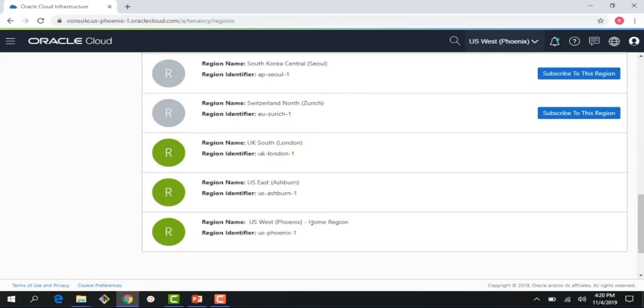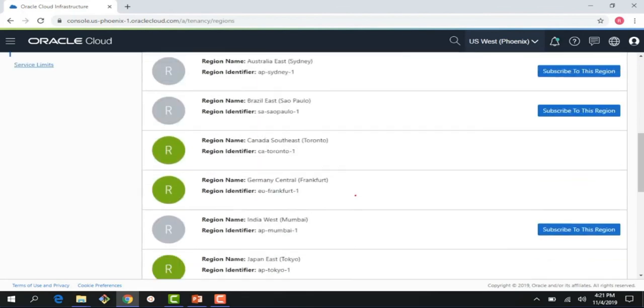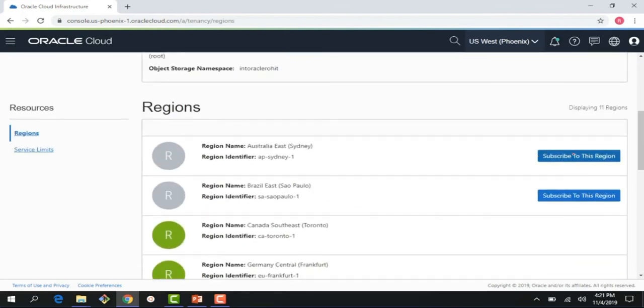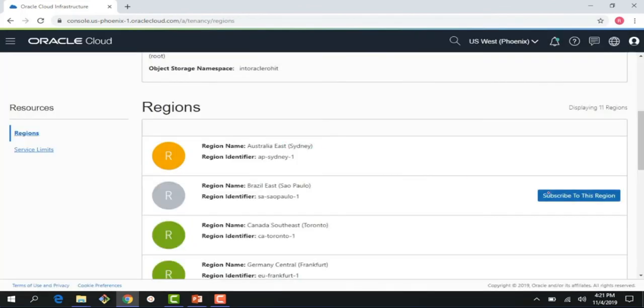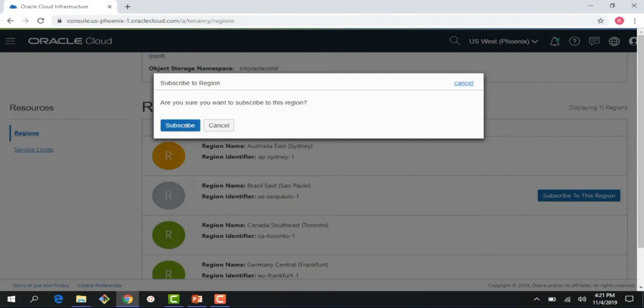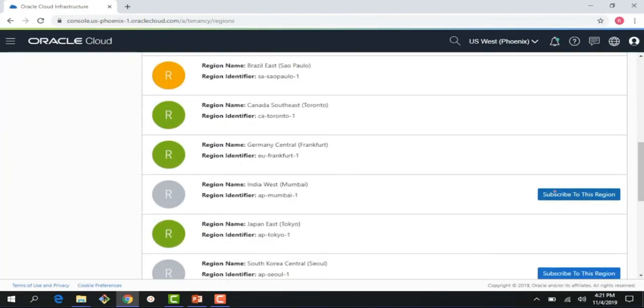This is where you probably got started. I have been here 3.5 years, so this was our first region, US West, Phoenix. This is my home region, and right now I'm logging into US East, Ashburn, and you can see all these different regions. Now you see these buttons saying subscribe to this region, so I click here, and now I'm subscribed to the Australia East region, and I'll subscribe to a couple of other regions as well, Brazil and Mumbai